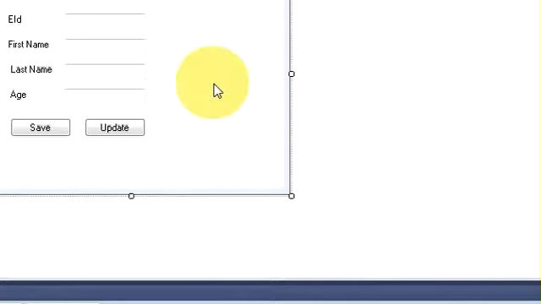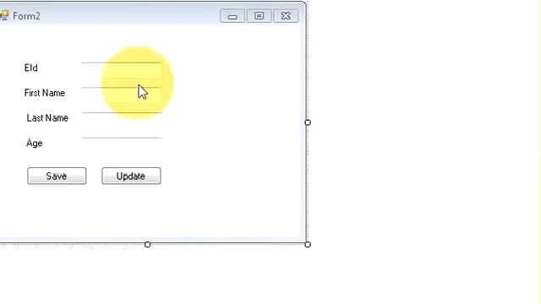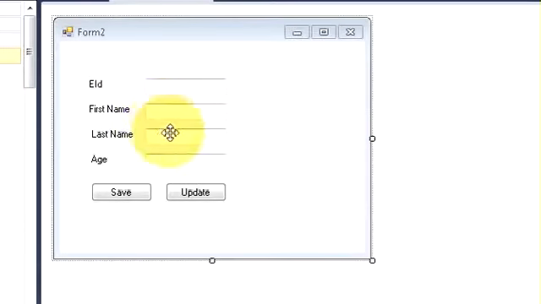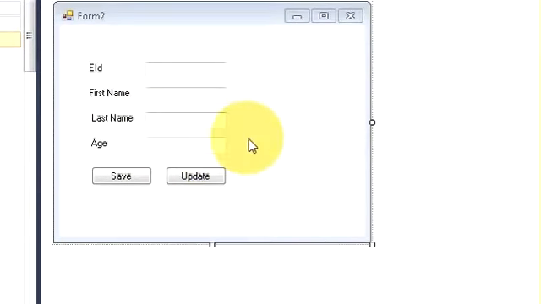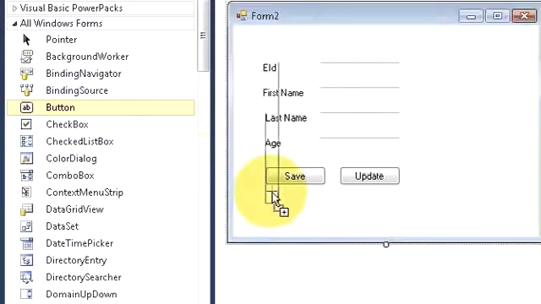In the last video I have shown you how to update or edit your data from your C Sharp application to your MySQL database. In this video we will see how to delete the data from the database using your C Sharp application. So for that I will need a button.